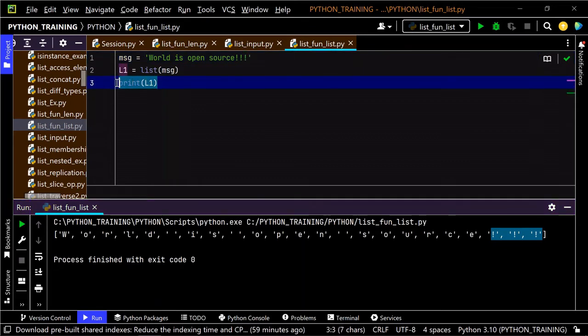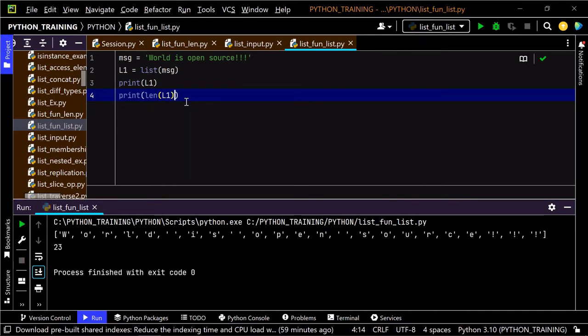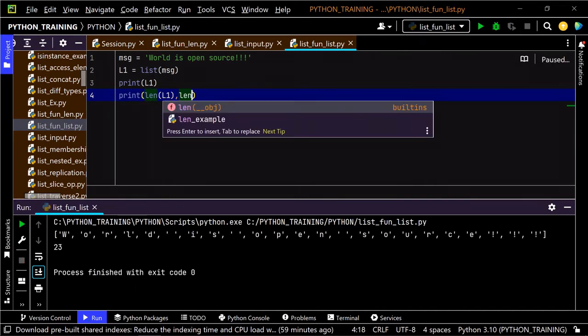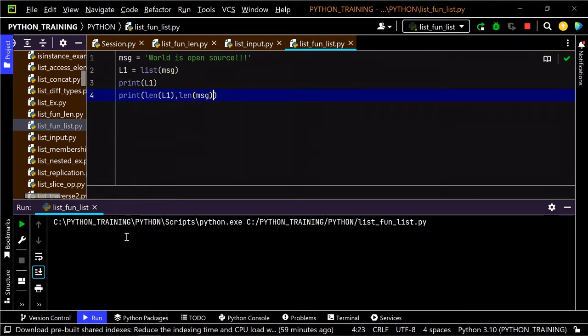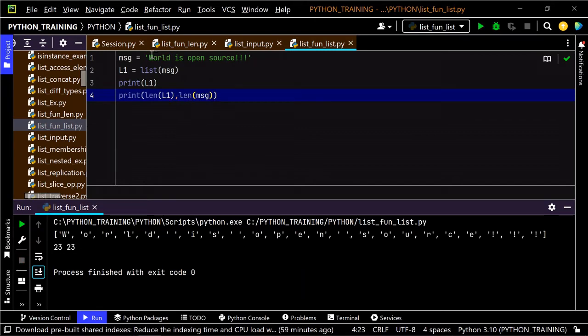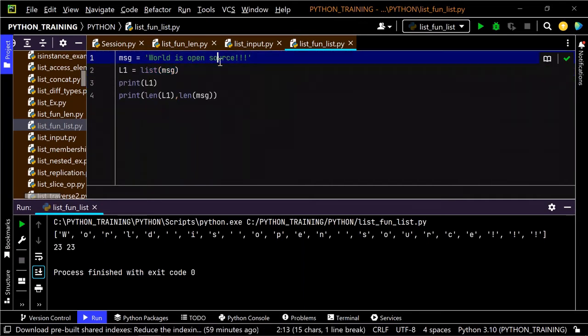If you want the length of the string, you can definitely use len of the string or len of the list. Anything is fine. Here you can see the length of L1 is 23, and the length of the message is also 23. Here we have 23 characters. When we are passing this particular string, message, which has 23 characters, as an argument to the list,